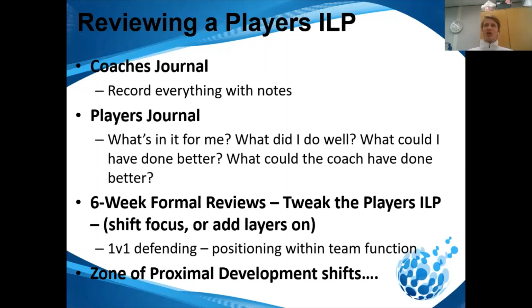And I'm going to give you a little example of one of my training sessions I do with the 15s here. Coaching sessions. I'll show you that at the end. But I think it's good practice for a coach to have a journal that you're reflecting on constantly, and most importantly, thinking about what is each player going to get out of this session.